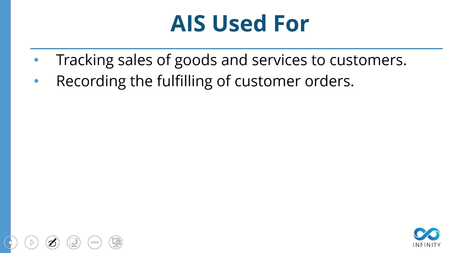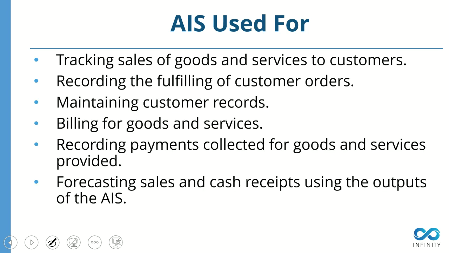And in this cycle, why are we using an accounting information system? We have a lot of things to be done, or a lot of information we need to get from this accounting system, right? So tracking the sale of goods, how many units you are selling, or what amount of sales you are making,